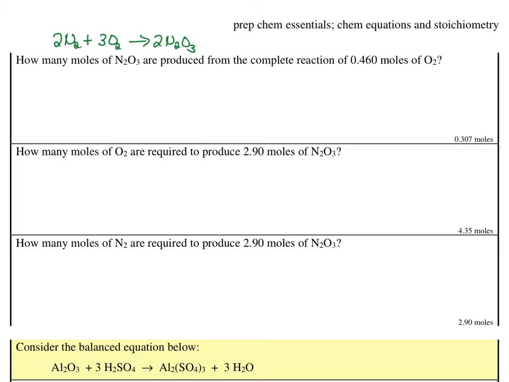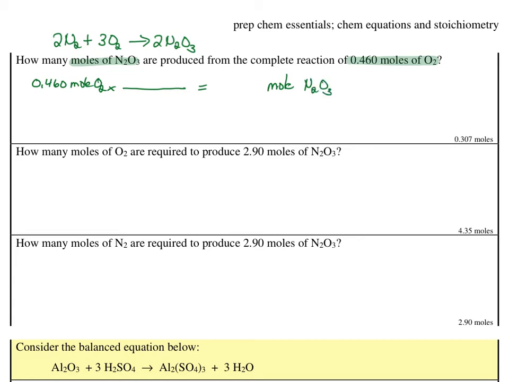Our balanced chemical equation can be used to relate any chemical to any other chemical that's also in that equation. So in this next question, we're attempting to relate moles of N2O3 to moles of O2. We write our measured number that we're given along with its units, and we're going to multiply it by some conversion factor we get from the balanced chemical equation to get to moles of